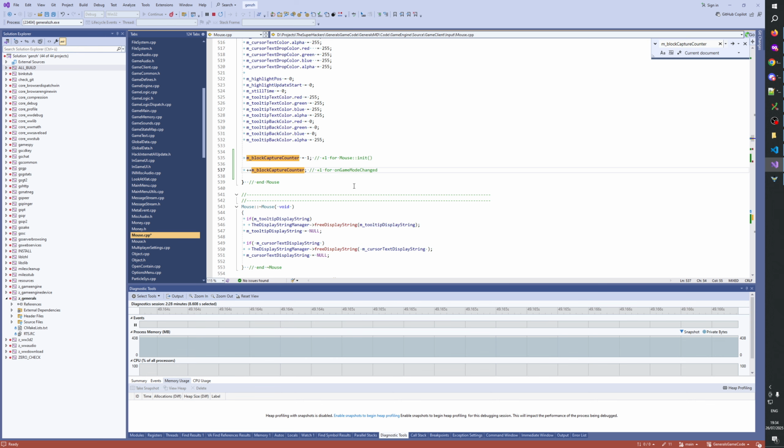Okay, let's see if that works again. But then I'm not sure if this works because we might have the focus event when that comes in. Let me see.